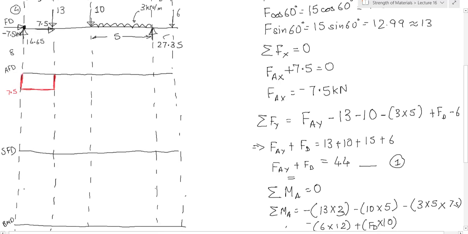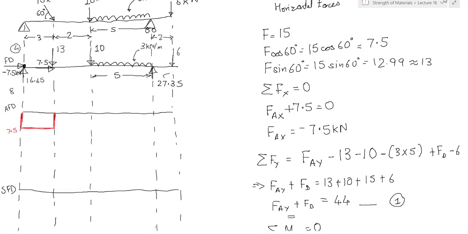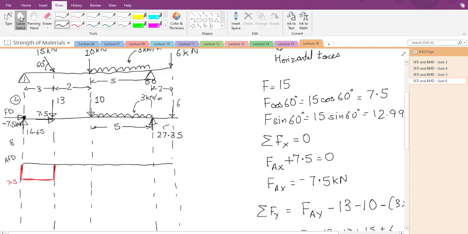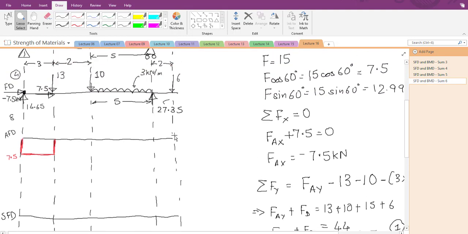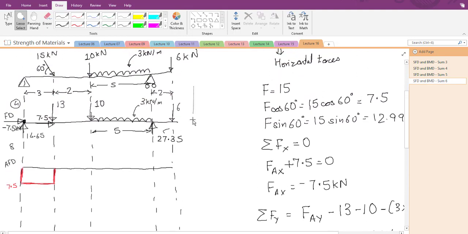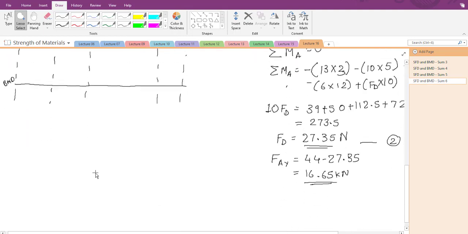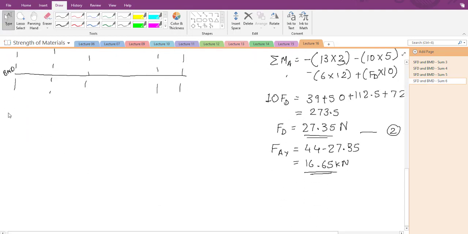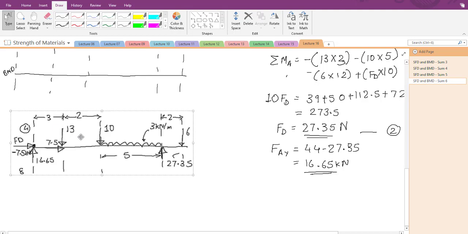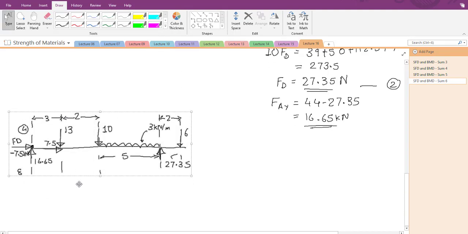So for doing that, I will just copy this much part. In the exam, because the pages are side by side, you will be able to view this easily, but here I am not able to view this easily, no? So I am just copying all this part. Okay, sorry, I will copy this part here and here. Okay, Control C, and I will paste it over. Okay, so just a bit down. So here I can do my SFD BMD calculations.